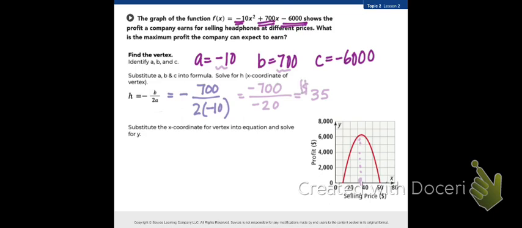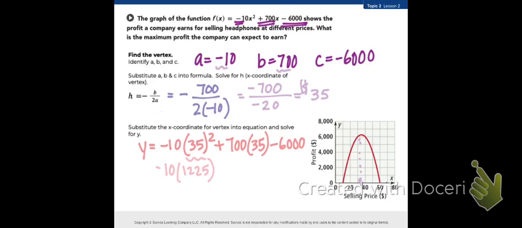Now this is asking what is that highest profit. So they want to know what is Y when X is 35. So we're going to substitute 35 into our equation. So after you substitute in that X coordinate, then you simplify. You could put this whole thing into your calculator and see what it equals. If you use order of operations, know that you always do your exponents first,